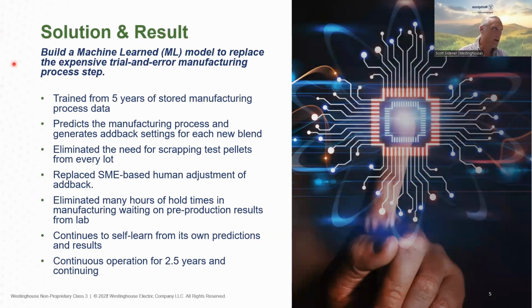So what was the solution? We basically built a machine learned model to replace that operator expensive trial and error process altogether, as well as their human judgment from experience on how to adjust the add back, to literally eliminate that process step. So the goal was to train a neural net to predict ahead of time what the final density would be and adjust the add back accordingly so that the end result would be that we get the right density without creating